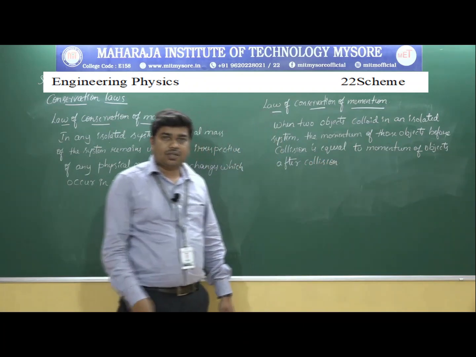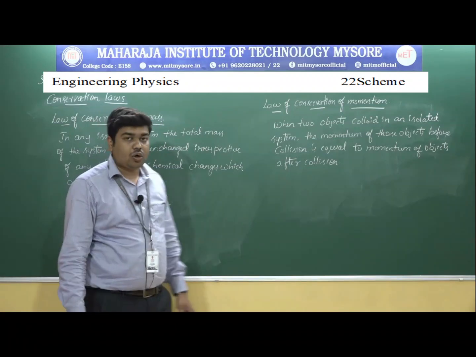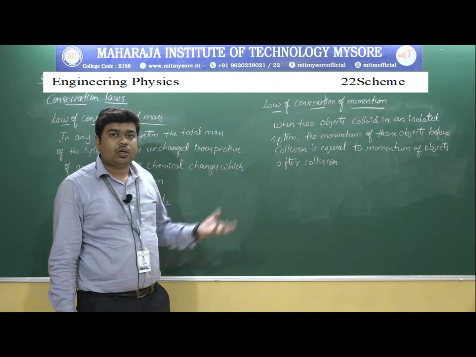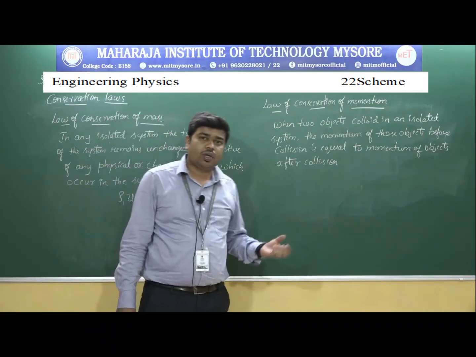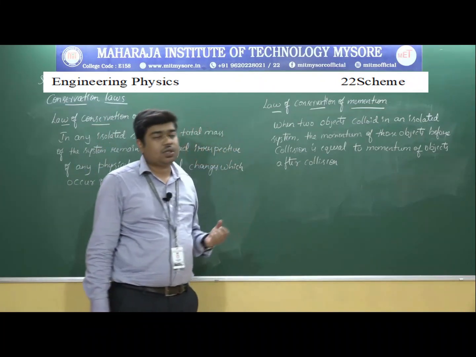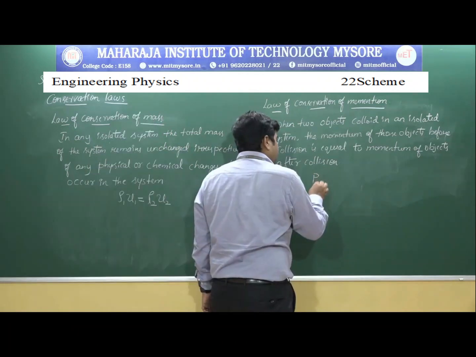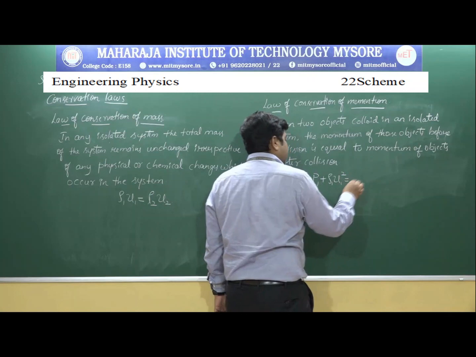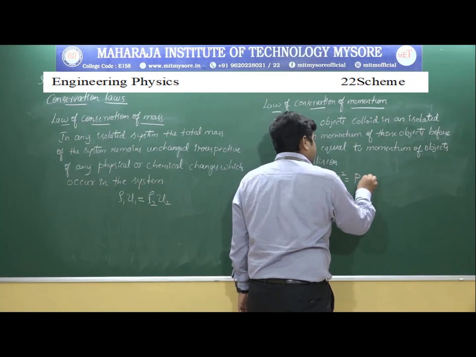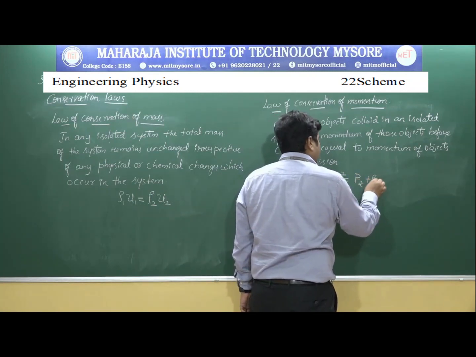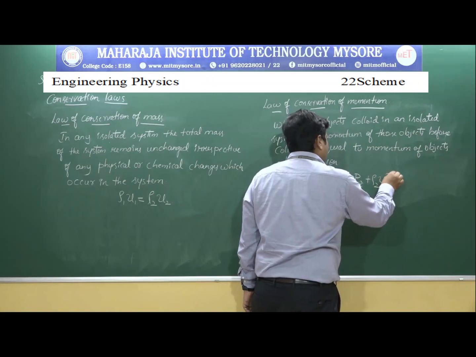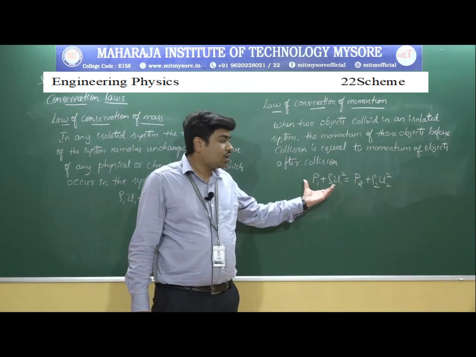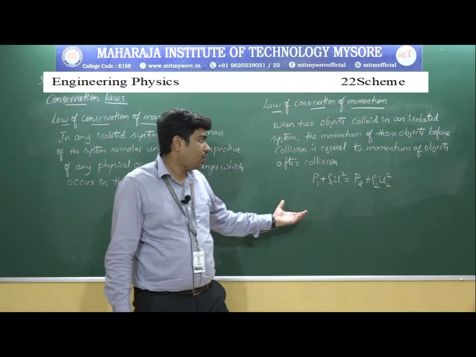So, if you consider an isolated system and let us say there are two objects, and if those two objects collide, then the momentum of those two objects before collision should be equal to the momentum of those two objects after collision. P1 plus rho 1 U1 square is equal to P2 plus rho 2 U2 square. So, in the left hand side the parameters are in the pre-shock side of a shock wave, and right hand